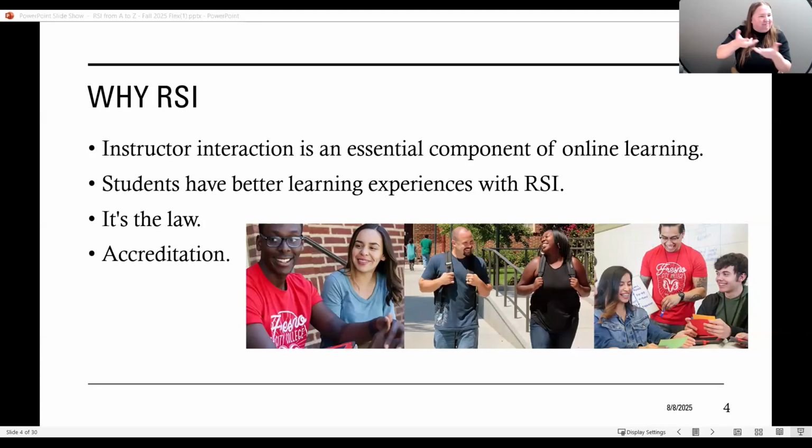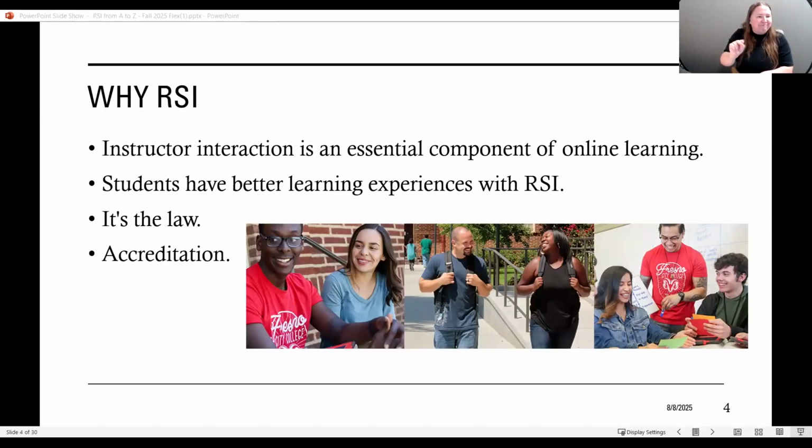And really, there's a lot of research that shows that students are going to do better when there's RSI being done in the course. This is the way that you show students that you are a live person, that there is a person really running their course. They're not just working with the computer.